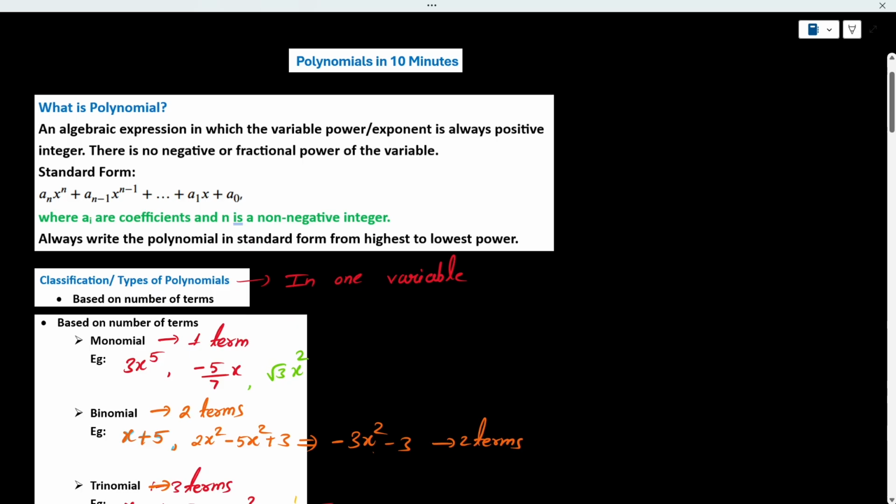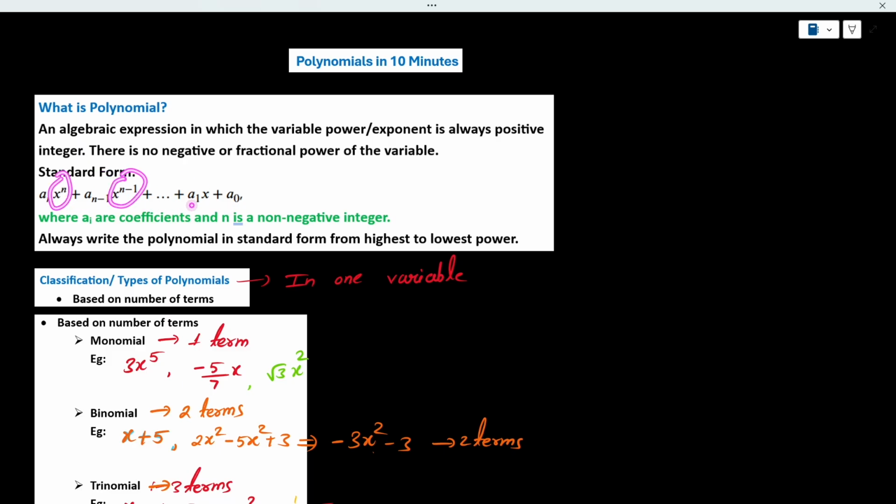And what is the meaning of polynomial? Any algebraic expression where the highest power is non-negative or non-fractional. That means the power is always positive, then we call it a polynomial. This is the standard form of a polynomial with one variable where the highest power is x to the power